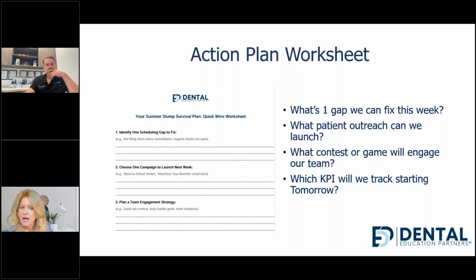And if you're not tracking metrics, because we can't manage what we don't measure. So if we're not managing our metrics on a daily or weekly basis, where we're keeping everyone informed, which is also KPI, what are we going to start tracking this week that we haven't tracked in the past, whether that is average patients per day,